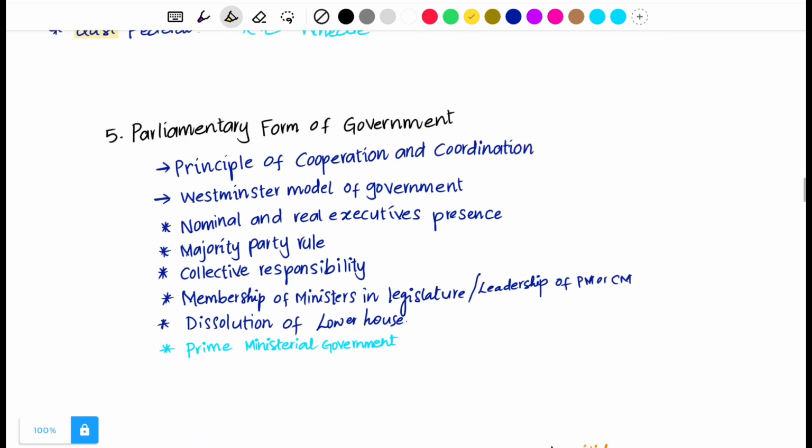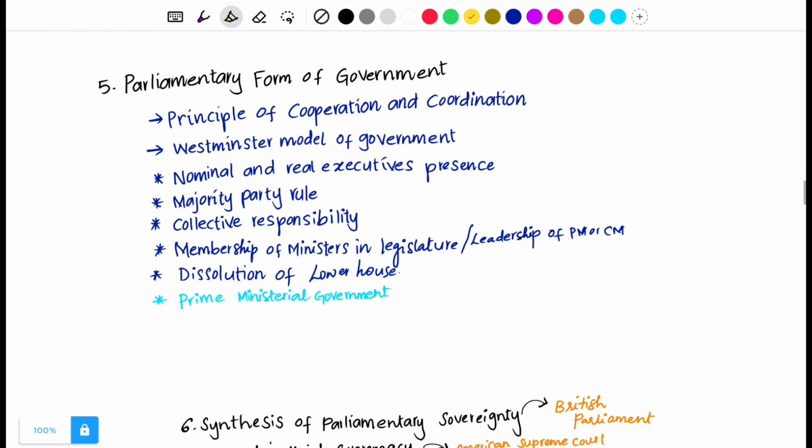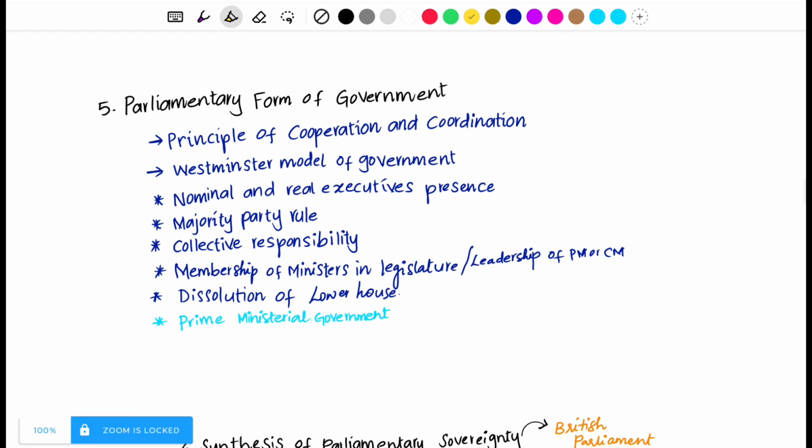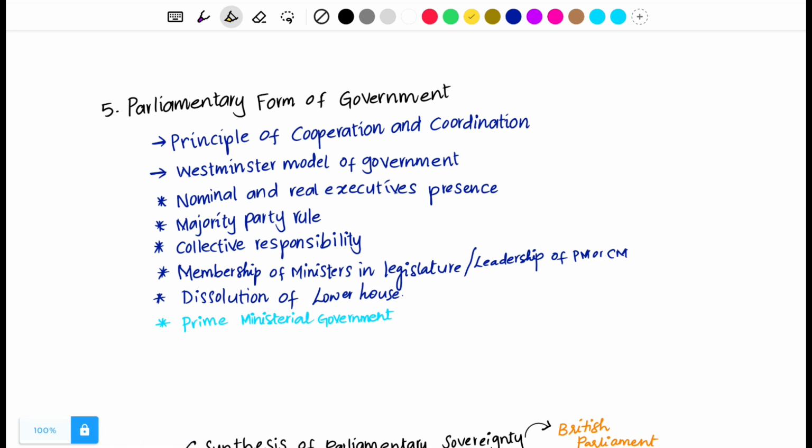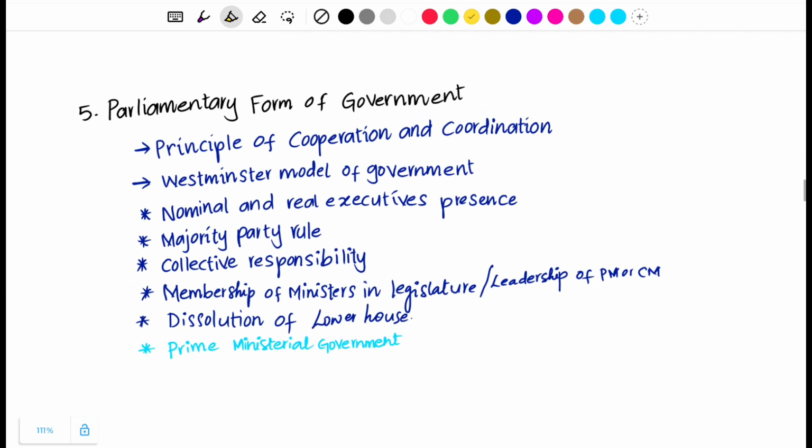Now let us look into the fifth feature of the Indian Constitution. Parliamentary form of government. We all know that India has a parliamentary form of government. It functions on the principles of cooperation and coordination. The cooperation and coordination between the legislature and the executive form a parliamentary form of government. This form of government in particular is called the Westminster model of government, because we have adopted this parliamentary form of constitution